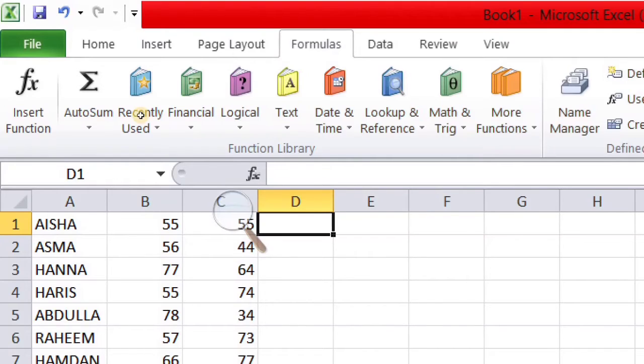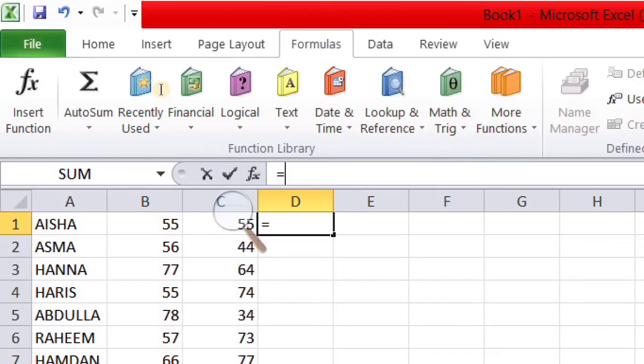You have to click in the D cell, and in the formula bar type the equals sign. Equals means whatever formula you are going to write, whether you are going to add or subtract something, the first thing you have to type in the formula bar is the equals sign.